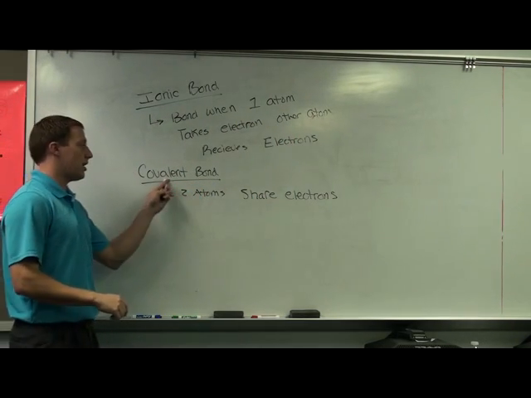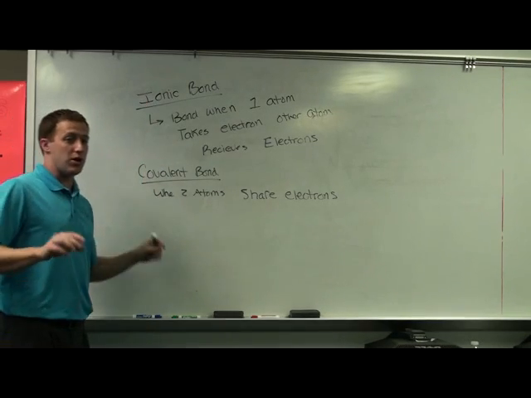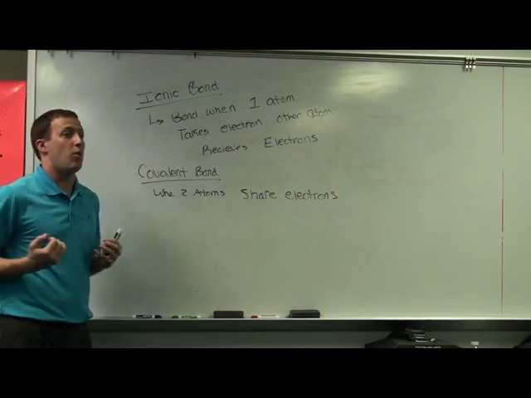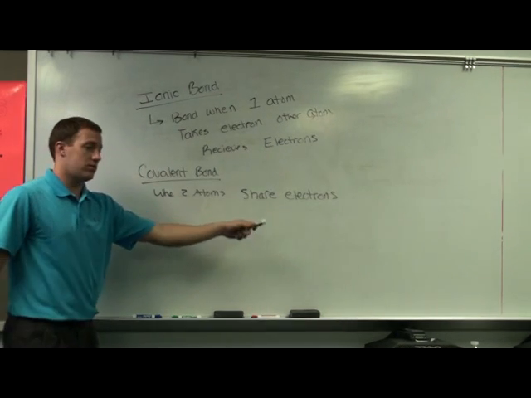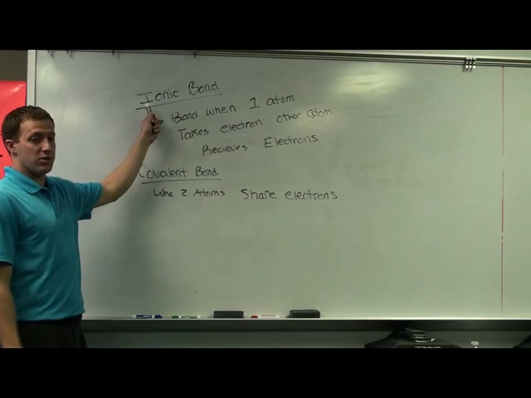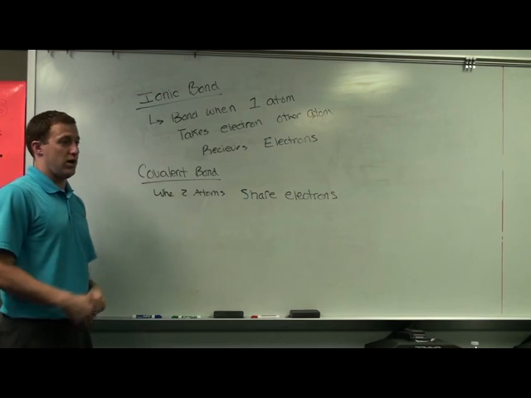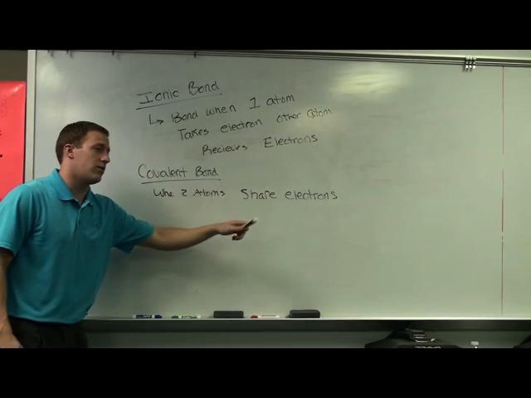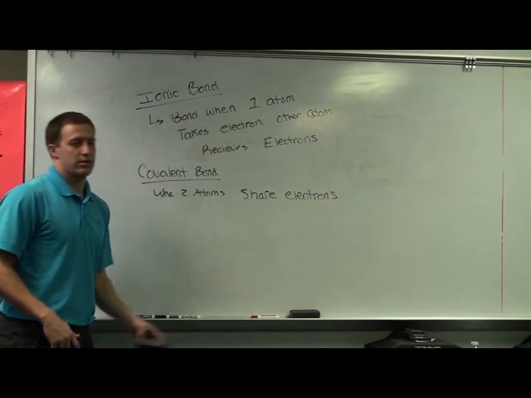What do they do in a covalent? They share. In ionic, one says, here, you can take it, I don't want it. The other says, good, I wanted one, and I'm not going to share it. So covalent, what do they do? Share. In ionic, do they share? No. In covalent, what do they do, Alex? Share. So when you think of a covalent bond, you think of sharing. Okay? Alright, so that's all the new stuff.